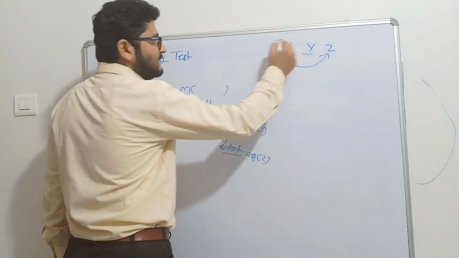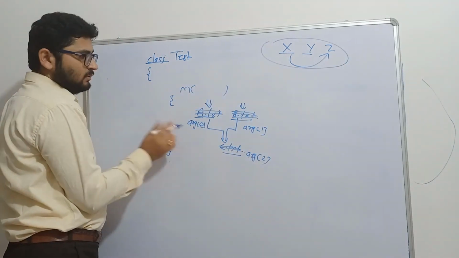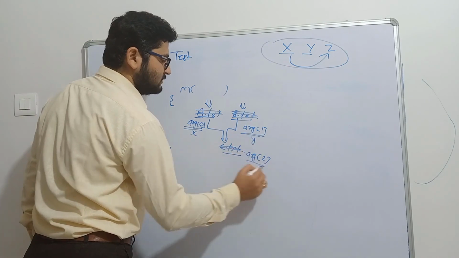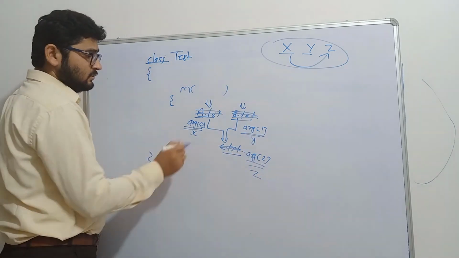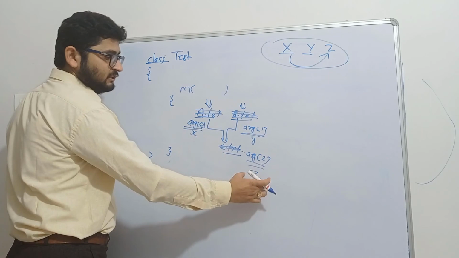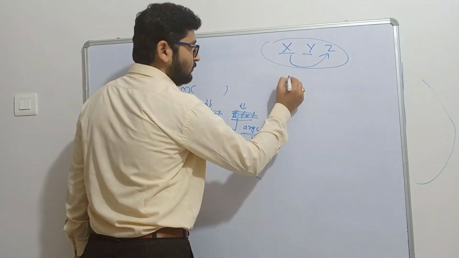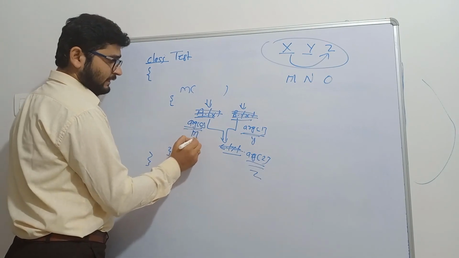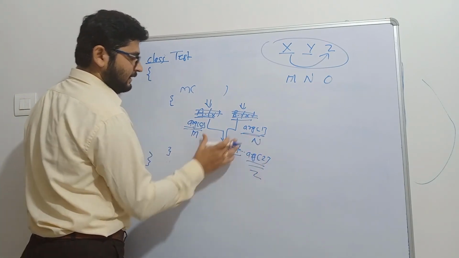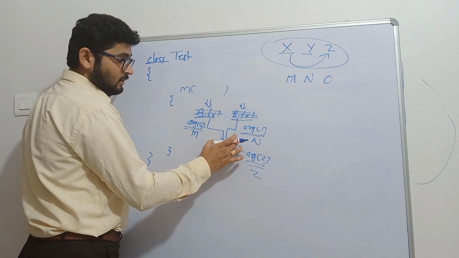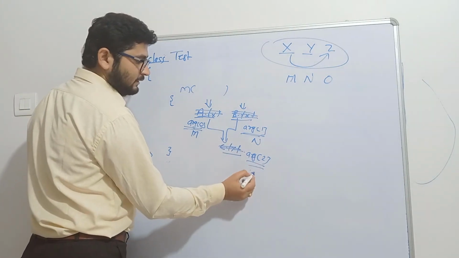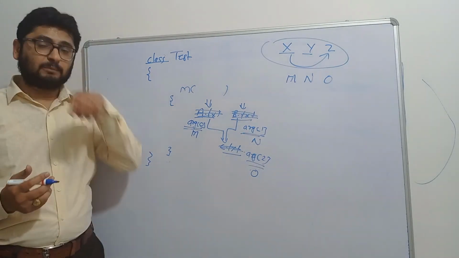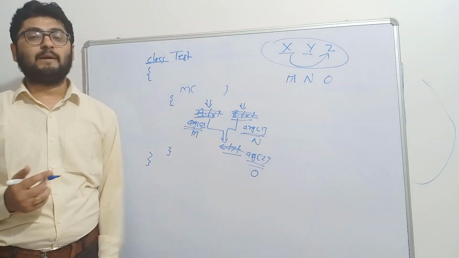So if you give x, y, z, then args of 0 will be x, args of 1 will be y, and args of 2 will be z. It is going to read these two files and merge them into z. If you give, let us suppose, m and n, it is going to read the m file, read the n file, merge these two contents, and store that content into a file. So in this way, to customize the behavior of the main function, you can use command line arguments.